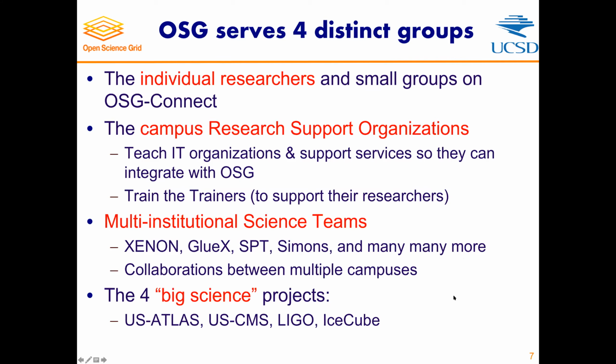And then the last one is the 4 big science projects that we can actually enumerate because they're so large as global enterprises and have such IT teams or CI teams themselves that they are sort of a special beast in their own right. And therefore, we think of them as separate from the others because we tend to work with them very differently than anybody else. And there are Atlas, CMS, LIGO, and IceCube.